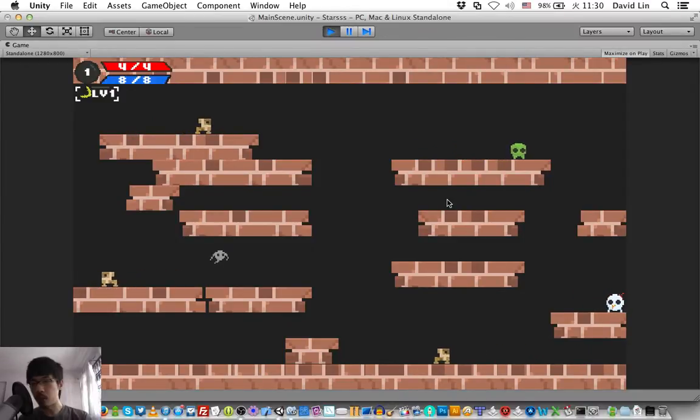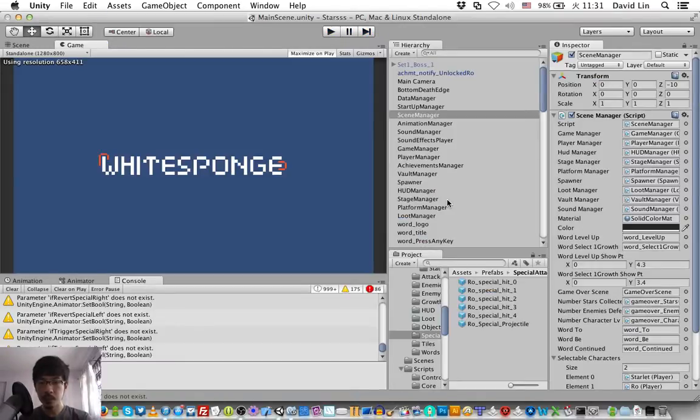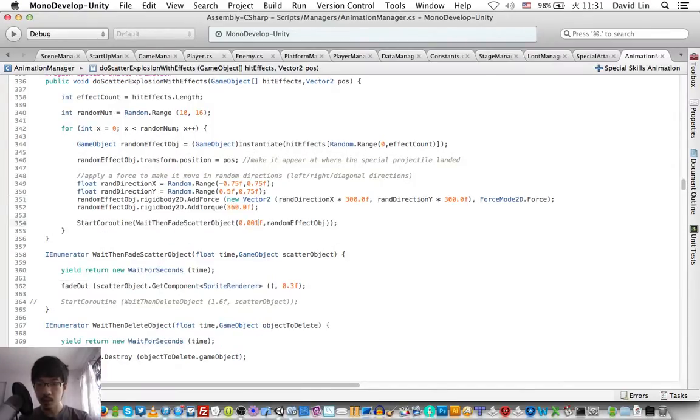Okay, so if I press S, let's go even higher so that we can have a motion where when the projectile hits the ground, the effects will come out.